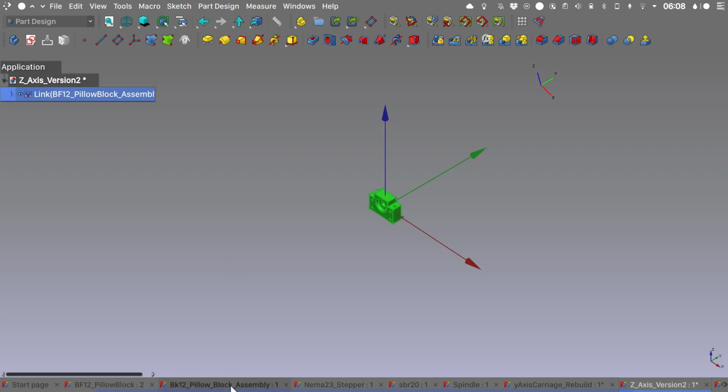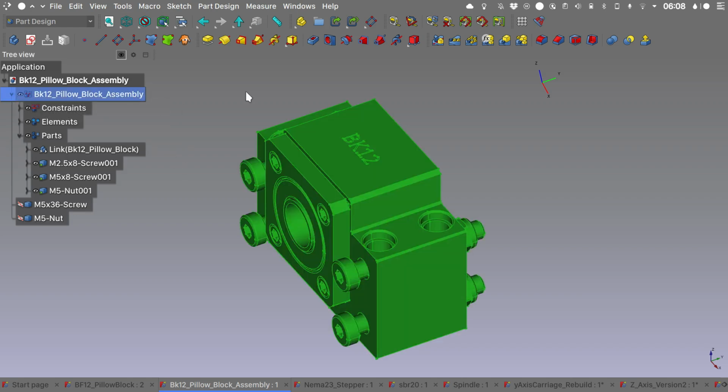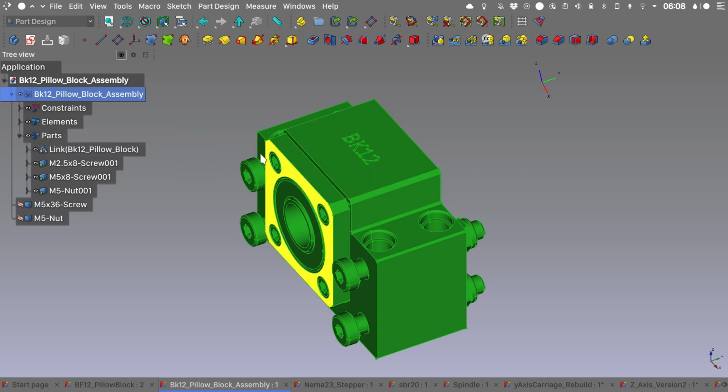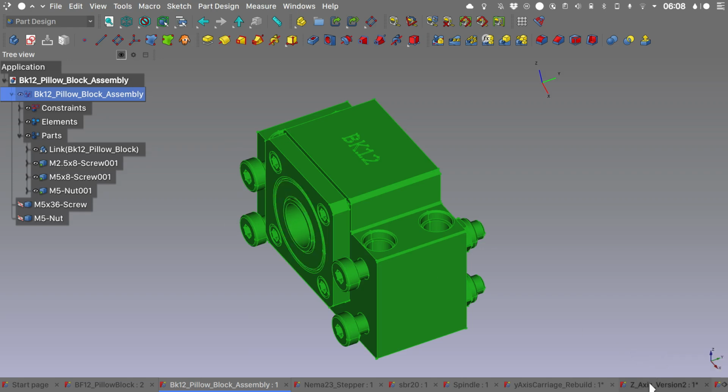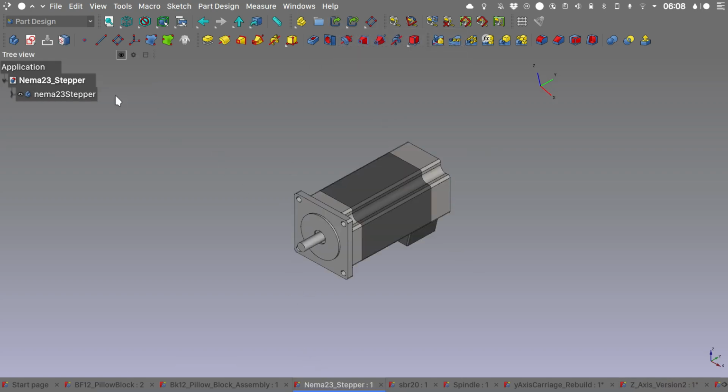The same with all the other files, so I need the pillow block assembly, and this pillow block, it is an assembly because there is the model and then the screws that form an assembly. The same, go to my z-axis file and make a link. The name of motor,